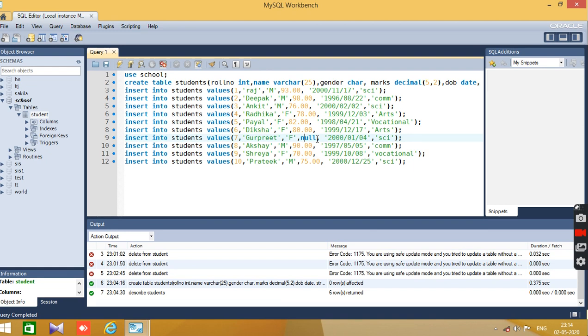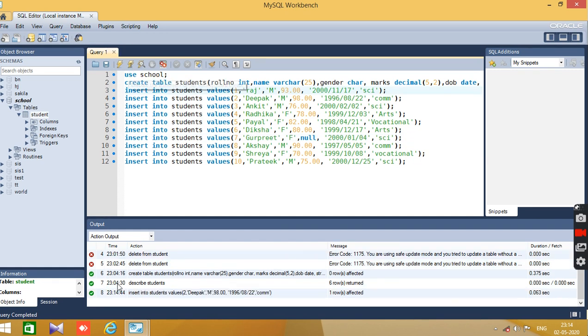And null is a keyword. Keyword means which are the reserved words and used for a specific purpose. So whenever we are going to use a null keyword, remember, we do not write any keyword in the quotes because null is not a value, it is a keyword. Now I am going to execute all one by one. You can see the output in the window.